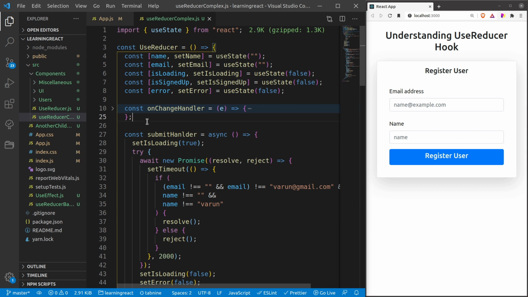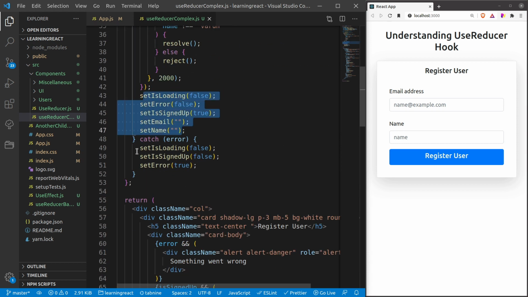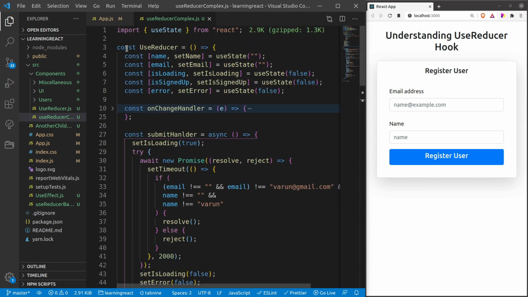For handling a state, I am making many things. I am calling multiple functions. I am defining multiple states. So it is the right choice that I need to make, that let's use a useReducer hook where I can have a single state which is handling each and everything, and all my state handling logic will be separate. All right. So now let me show you this same example using the useReducer hook.